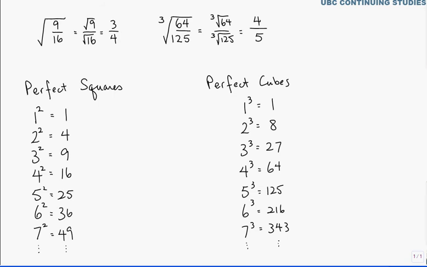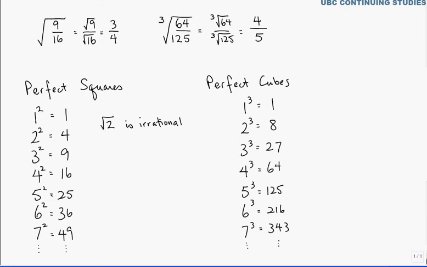But what if you take a square root of something that's not on this list? In other words, what if you take the square root of 2? Well, there is no rational number that when you square it gives you 2. And we saw this a little bit earlier when I introduced the concept of real numbers and talked about the 2 different sets, rational numbers and irrational numbers. This is irrational. And really what that means is there's nothing we can do to simplify this. You just simply have to write it as root 2. And it represents a number